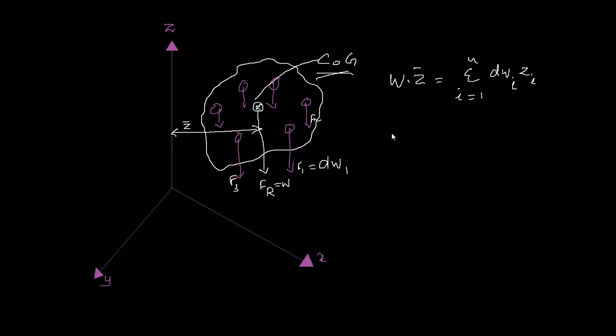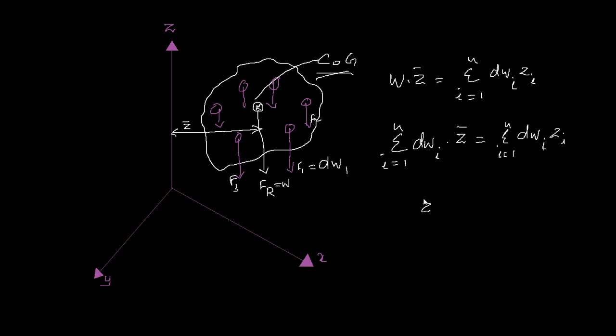Or you can also write summation i equal to 1 to n dWi into Z bar is equal to summation i equal to 1 to n dWi Zi. Now you know the similarity of this equation and the principle of moments equation, and you can say